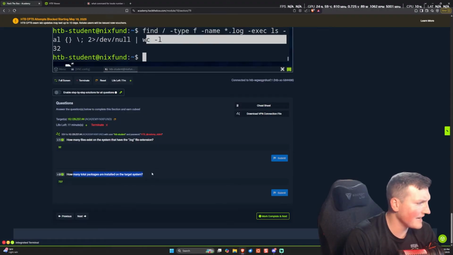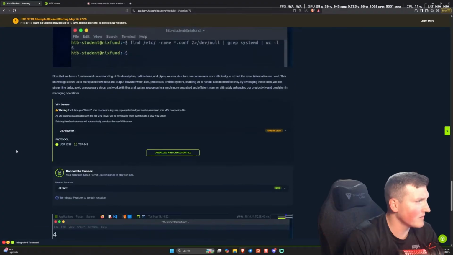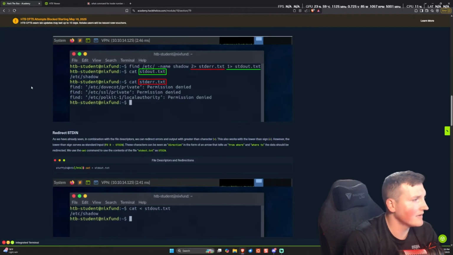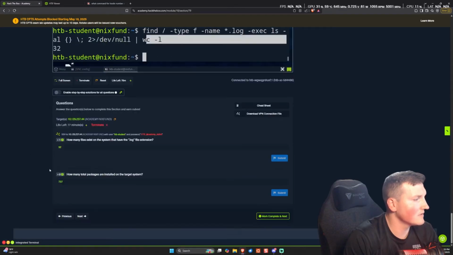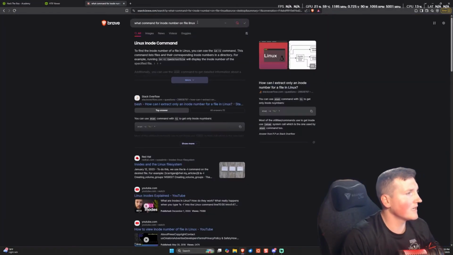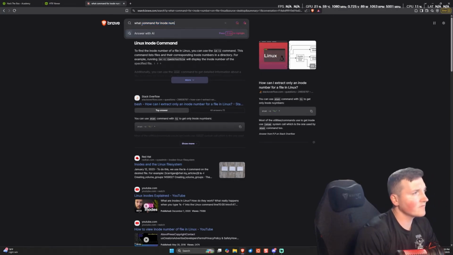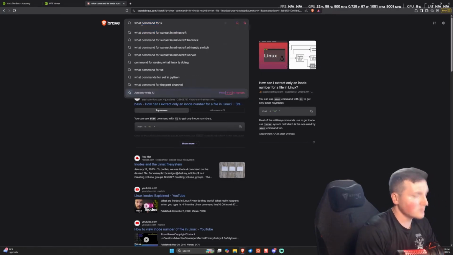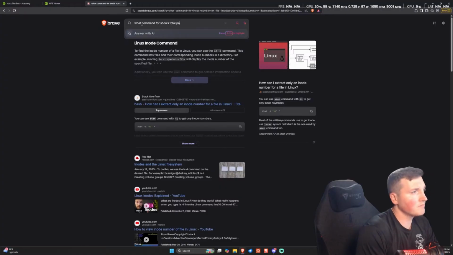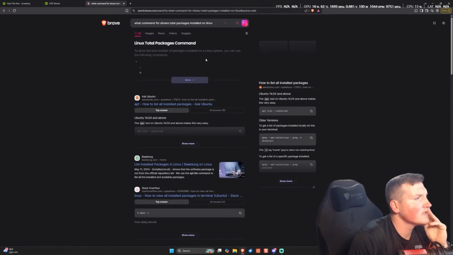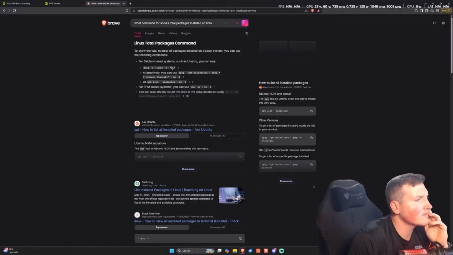How many total packages are installed on the target system? I don't even remember how we did that, or how they, let's just say, what command shows total packages installed on Linux? Okay, so,